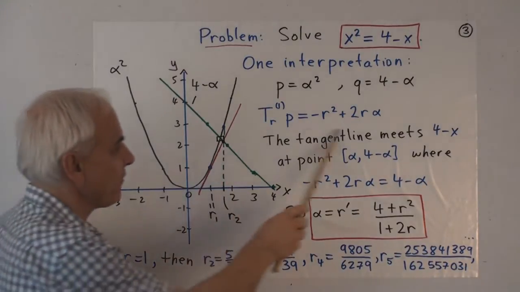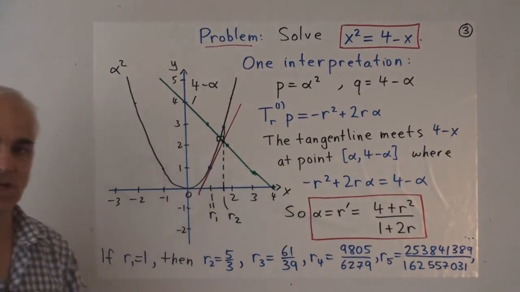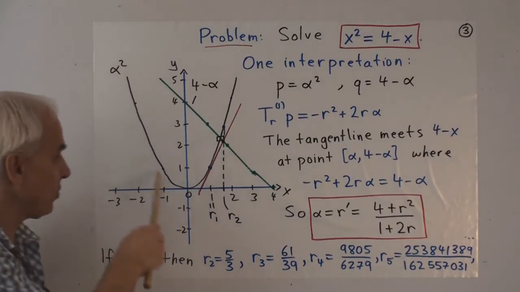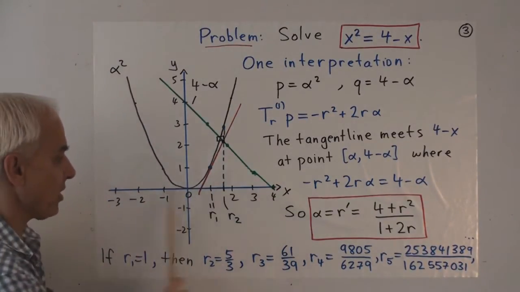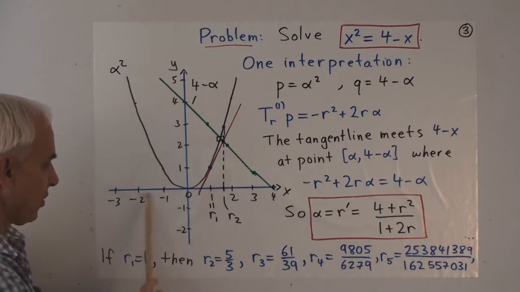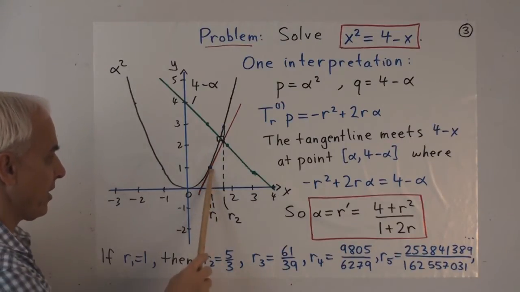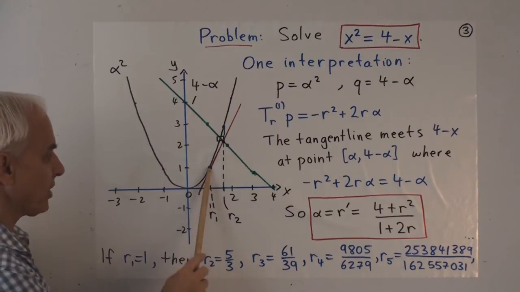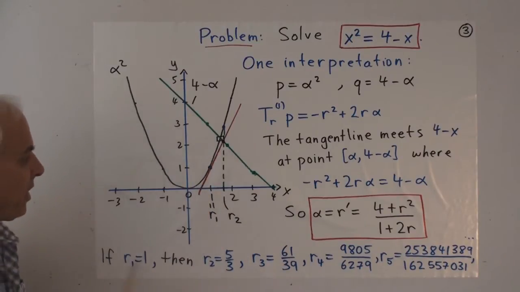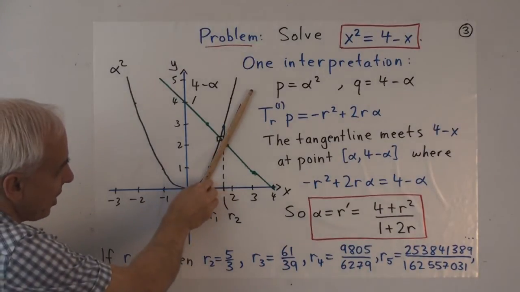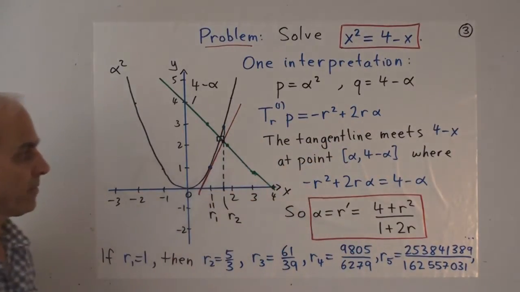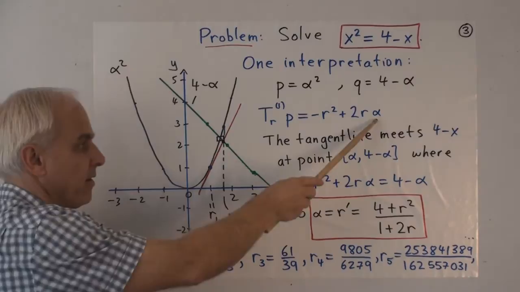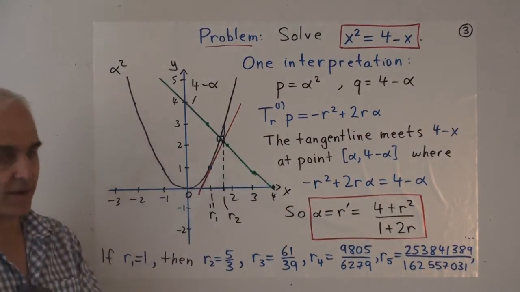I remind you, this is the formula for the tangent line to the conic y equals x squared at a point r somewhere. So if r is, say, this one right here, then the corresponding point on the conic is that one there, and the tangent line to the conic at that point is given by this polynomial. And I'm using alpha here almost interchangeably with x.